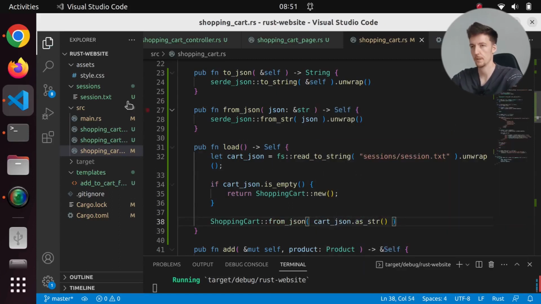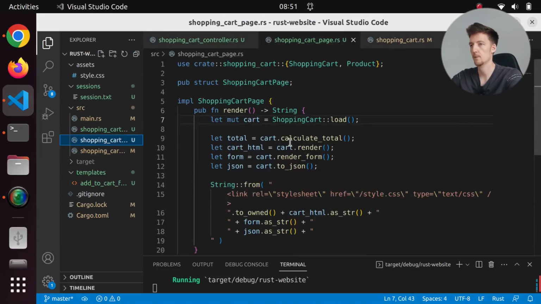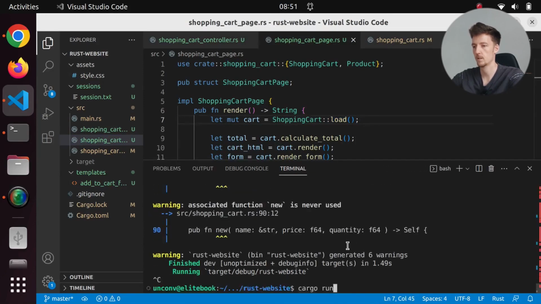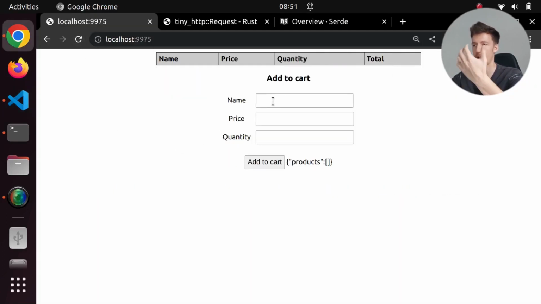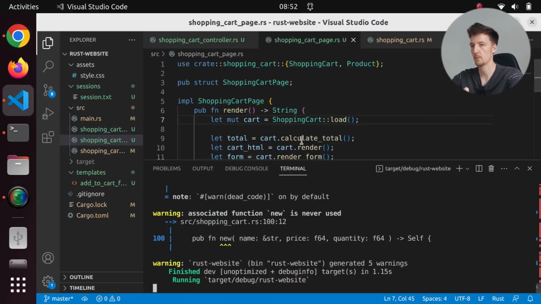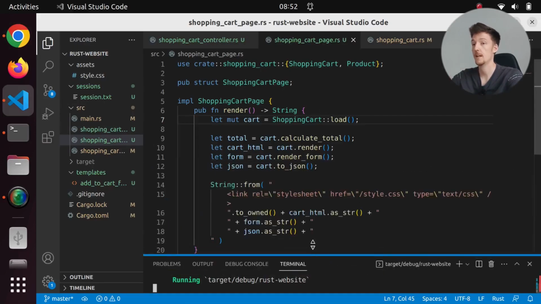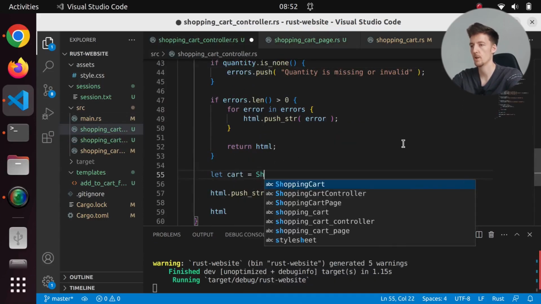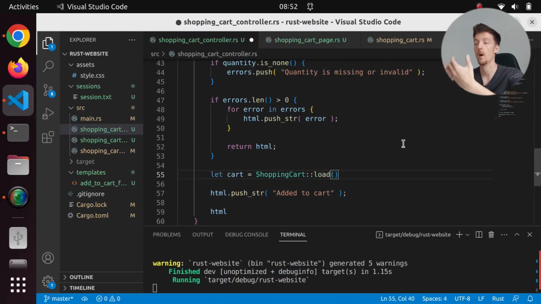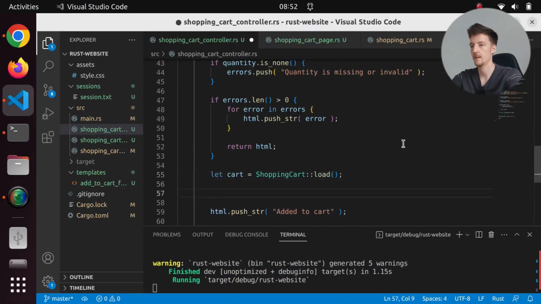So that should work. Let's test it out. Let's go to shopping cart page, and actually I have load here already. So let's compile this, and it actually compiled the first try. That's great. So refresh and it is empty. Okay, that's good. That's what we want. No errors and it's empty. Well then let's add to the shopping cart controller, let cart equal shopping cart load. So we load the current shopping cart and then we say let product equal product new and we give it